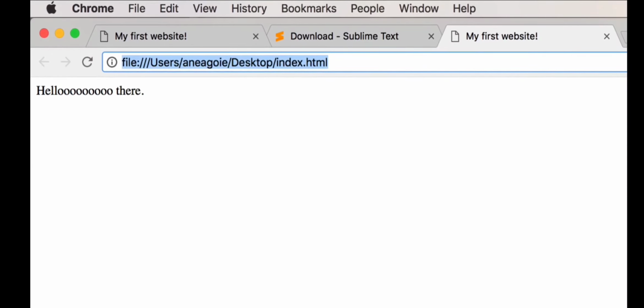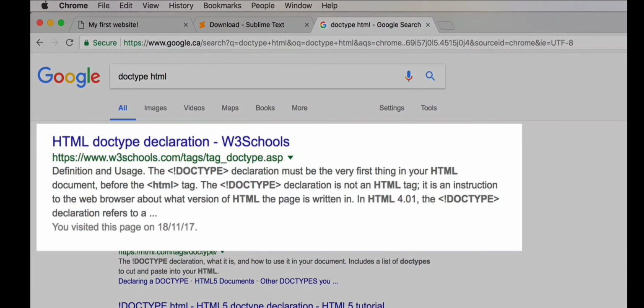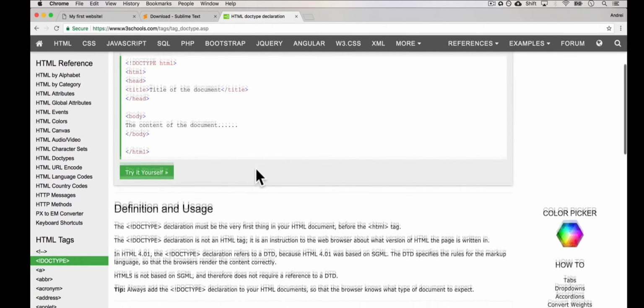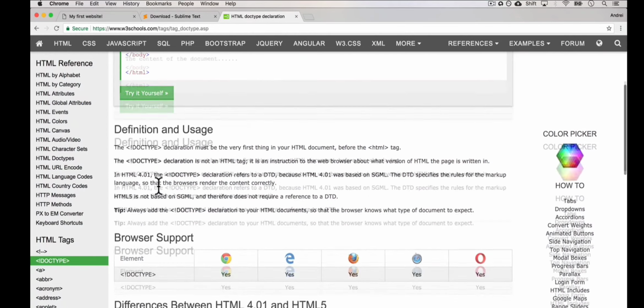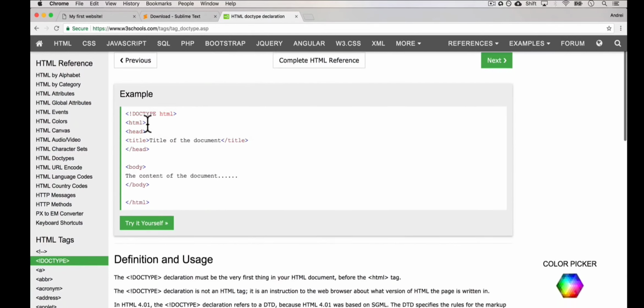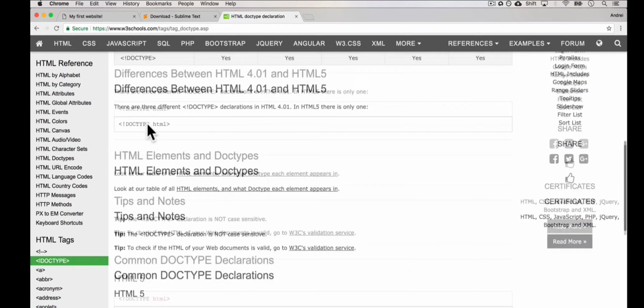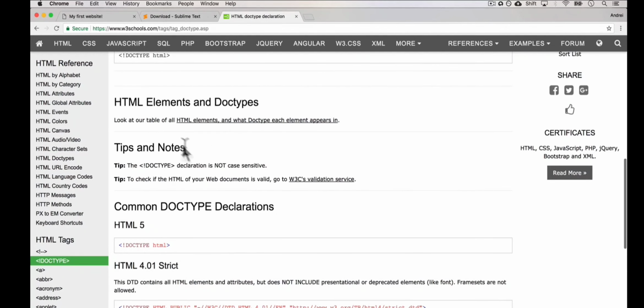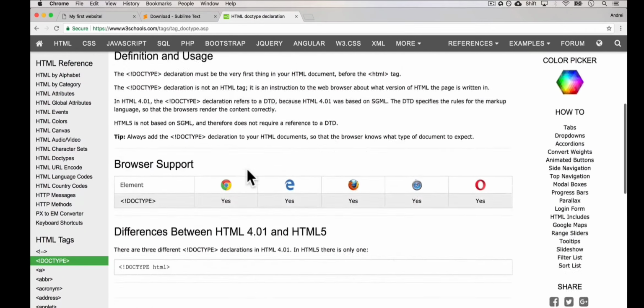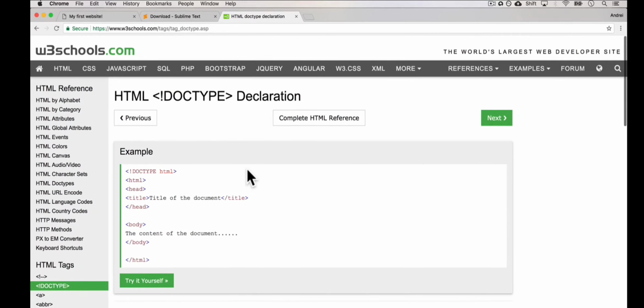So if I go into doctype HTML and we Google that, one of the first things we get is W3Schools, and this is a resource that I highly, highly recommend. It will actually explain what the doctype is and even show you a demo of what it does. You can read into this and get more familiar with it, but the general rule and the concept behind doctype